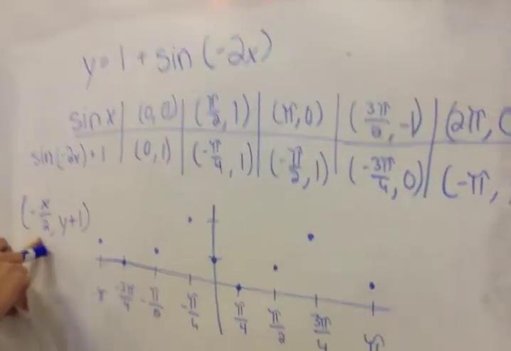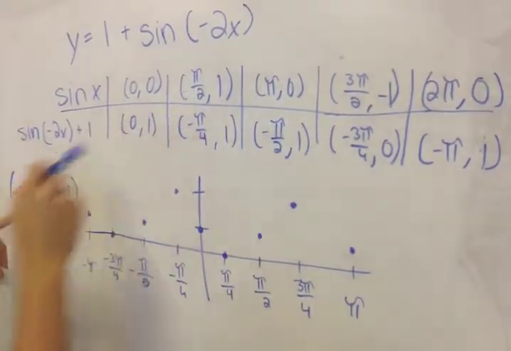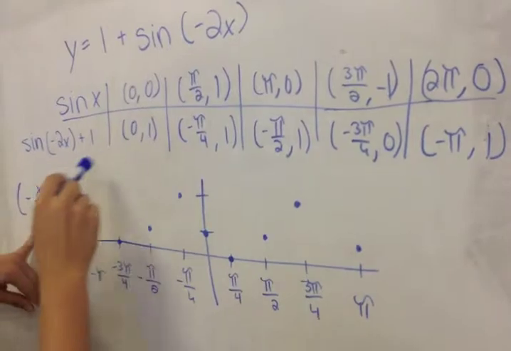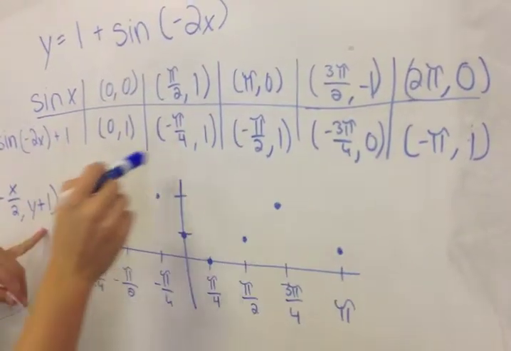So 0 over 2 would be 0, and 0 plus 1 would be 1. Pi over 2 multiplied by a half, which would equal negative pi over 4, and 1 plus 1